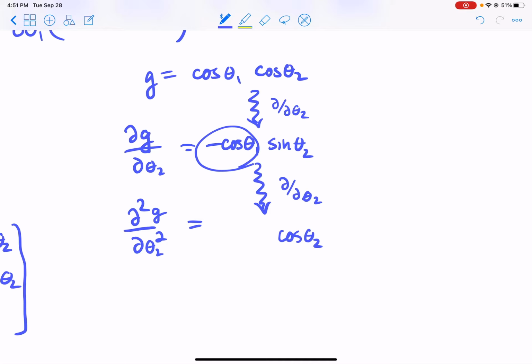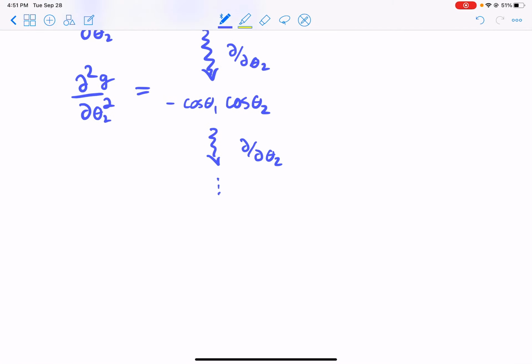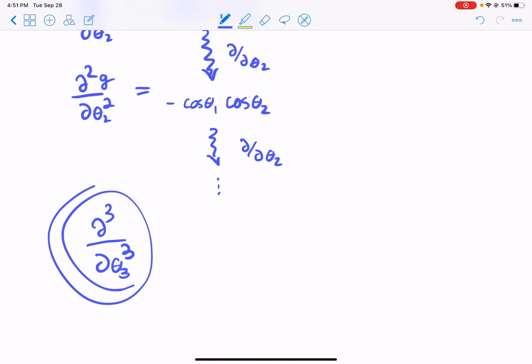And this is a constant in terms of theta 2. This is just a number that has nothing to do with theta 2. So it just hangs out. Okay? And so we can keep taking derivatives, partial theta 2, forever and ever. And then we would get like d3 d theta to the third. This is ridiculous notation, in my opinion,